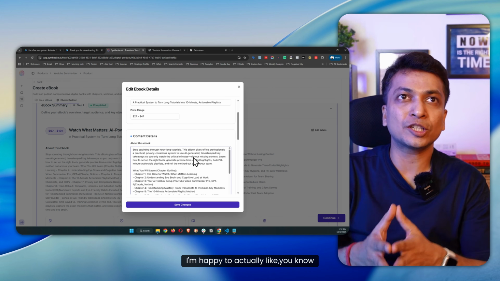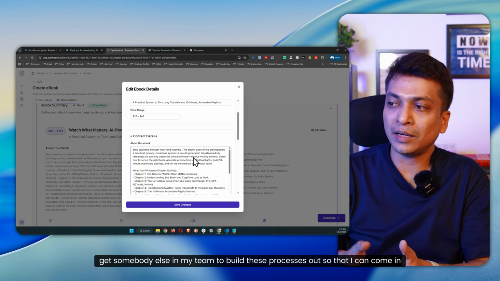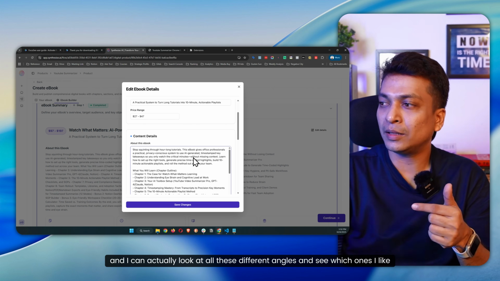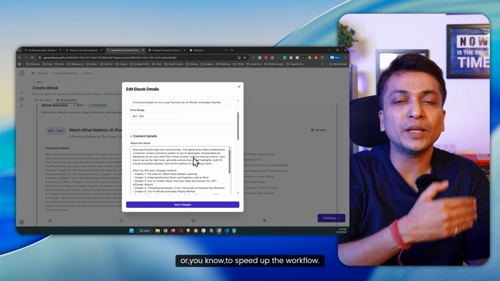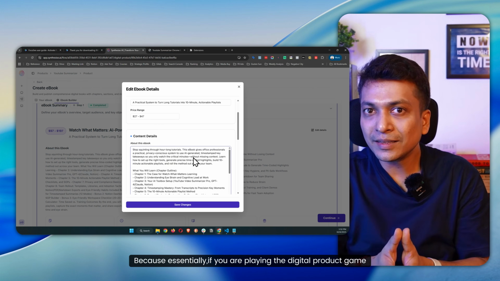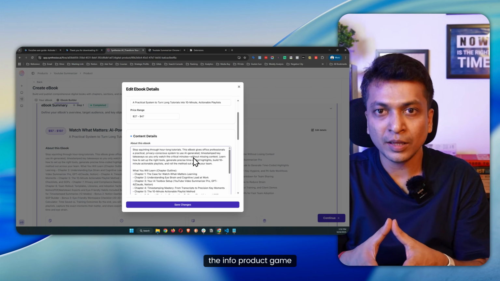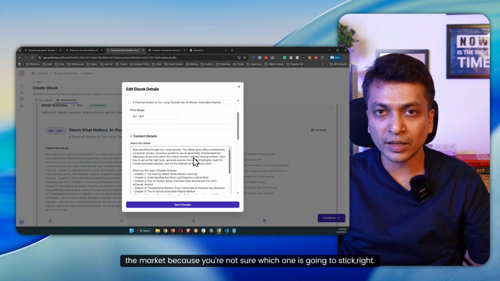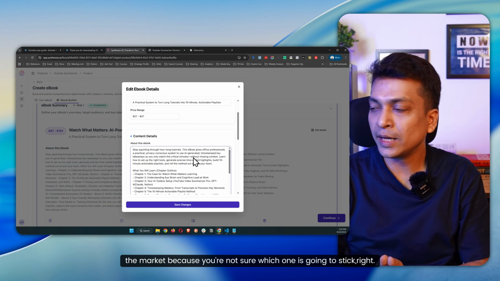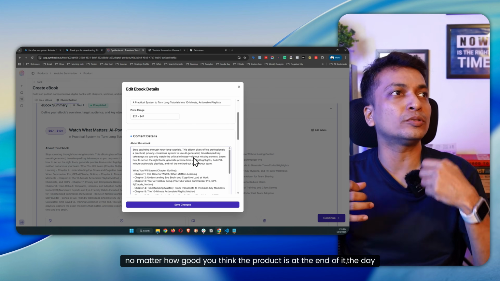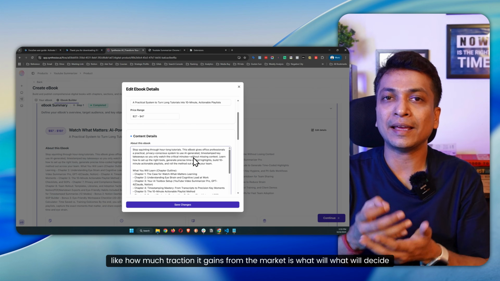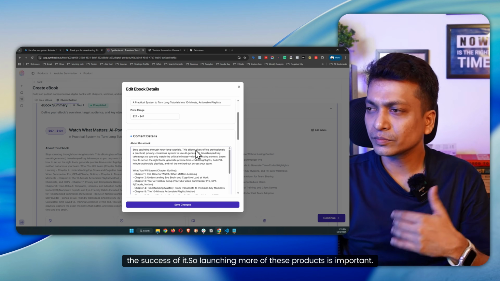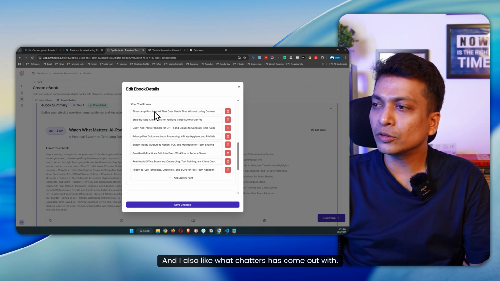I'm happy to actually get somebody else in my team to build these processes out so that I can come in and look at these different angles and say which ones I like, or to speed up the workflow. Because essentially, if you're playing the digital product game, the info product game, then you need to know that you need to launch a variety of info products into the market, because you're not sure which one is going to stick, right? No matter how confident you are, no matter how good you think the product is, at the end of the day, how much traction it gains from the market is what will decide the success of it. So launching more of these products is important,